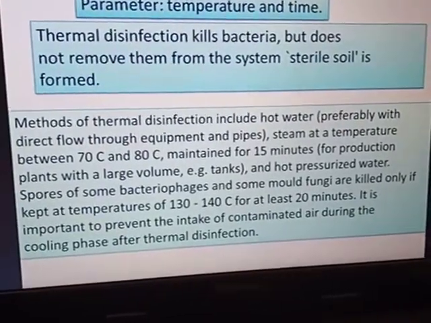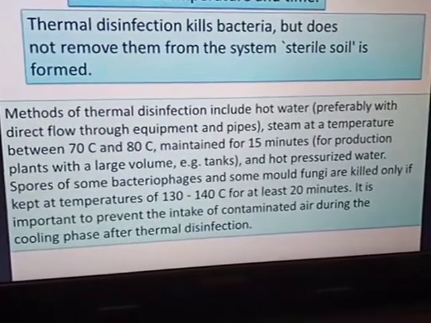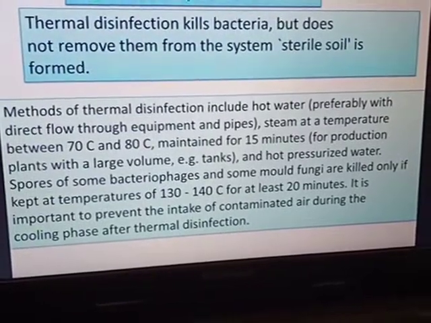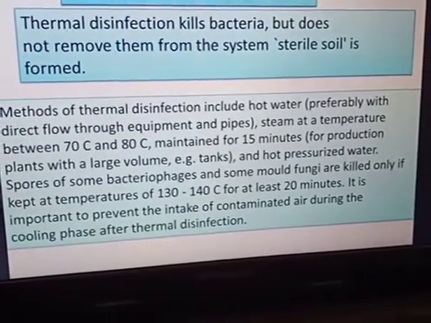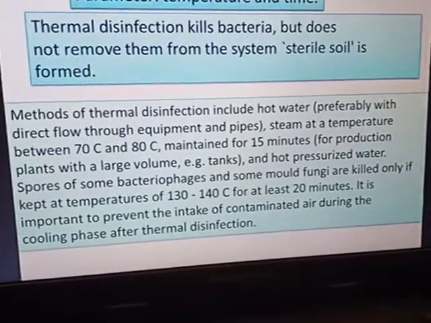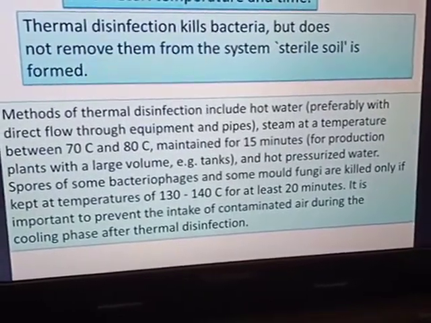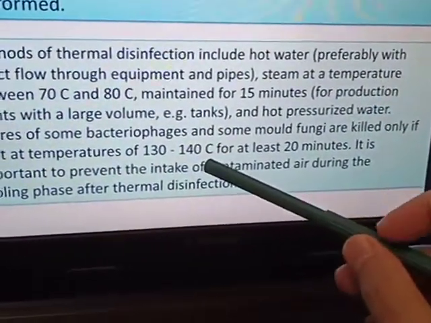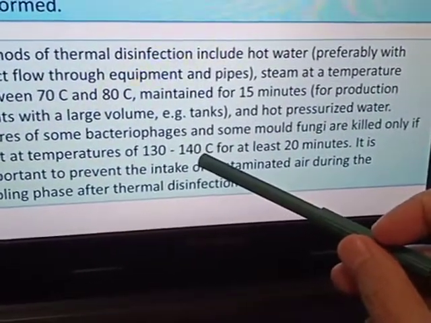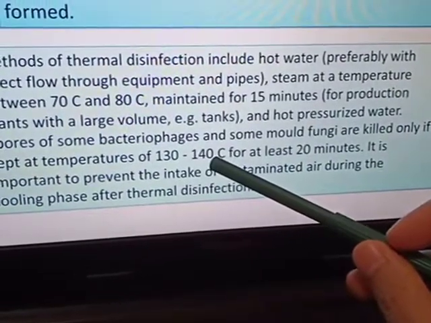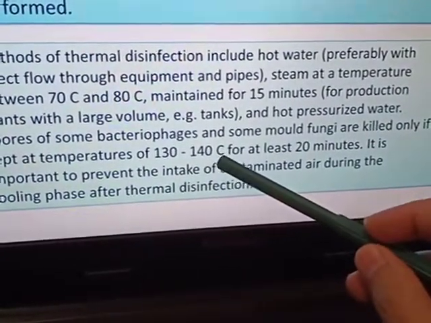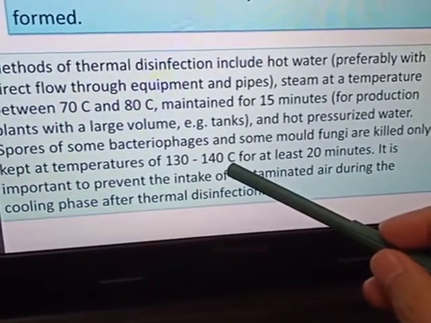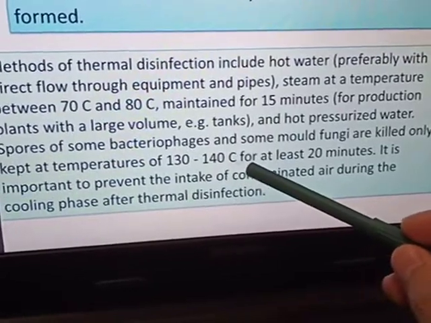For production plants with a large volume, such as tanks, and hot pressurized water, spores of some bacteria and some mold fungi are killed only if the temperature is at 130 to 140 degrees Celsius. To kill the spores, you need to know what kind of bacteria and fungi will infect or contaminate your equipment. So if spores are present, then you have to use a higher temperature of above 130 to 140 degrees Celsius